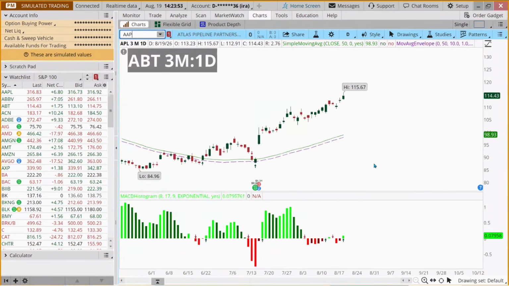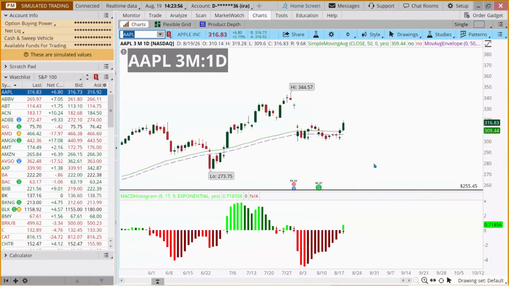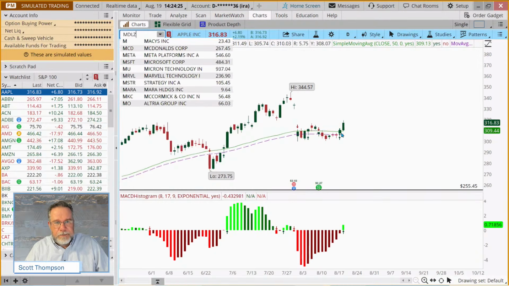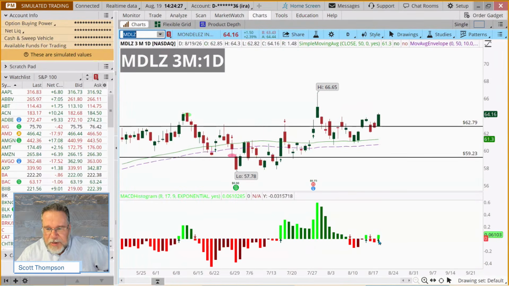Apple, we talked about briefly. Apple is above the moving average, and it looks like it may have closed above that resistance level too. In our paper money account, I do try to avoid Netflix and Apple and Costco and Nvidia and Tesla because we use those in our top 10, fractional share strategy for our strategy number 2. So I don't really buy these with our 2 green arrows, but that one does have a valid 2 green arrow buy signal on it today. And then Mondelez was the last one that I had, green arrows today.